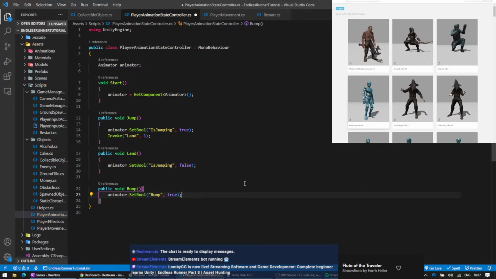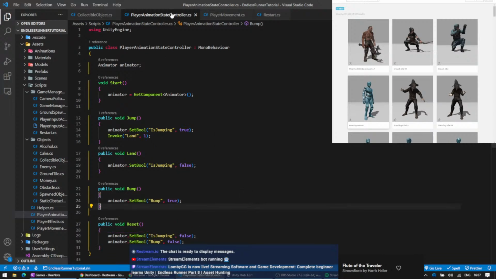No, not there, this side. Public void reset. These both go to false. Right, and then